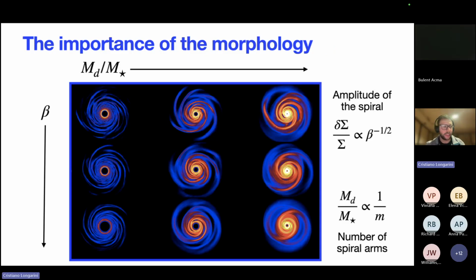And so this is for the linear theory. Then what we can do is run hydrodynamical simulations by varying parameters of the disk, such as the disk to star mass ratio, or what I call here beta. Beta is the cooling factor, so it's just determining how strong the gravitational instability is. And you can see that the morphology of the spirals can really vary a lot by varying these two parameters. In particular, you can see, for example, a scaling with the disk to star mass ratio of the number of spiral arms of